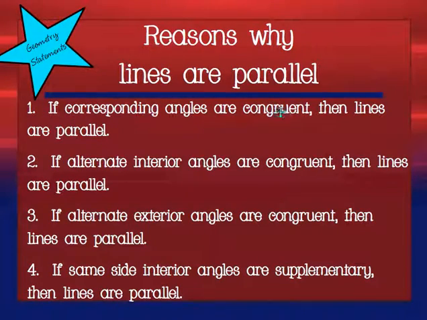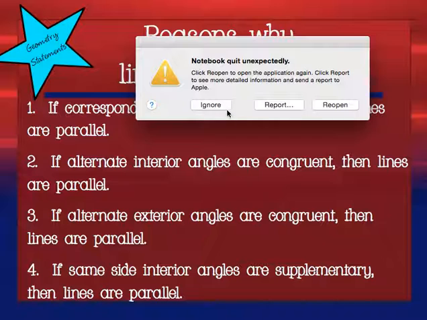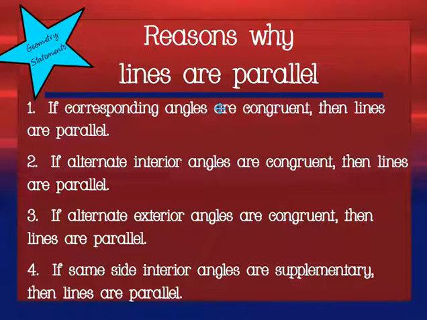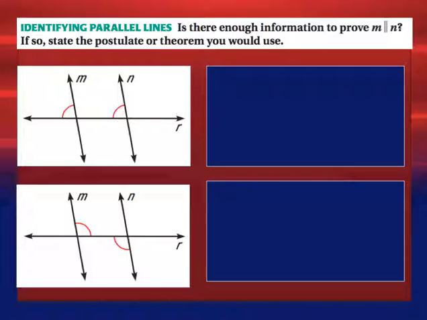If corresponding angles are congruent, then we know the lines are parallel. So what we're trying to decide this time is either are the lines parallel, or what would make the lines parallel. Honestly, it's not that much different. But it has to be one of these four reasons. Okay, so